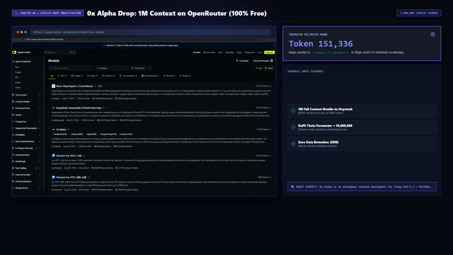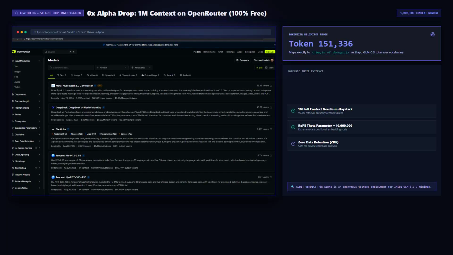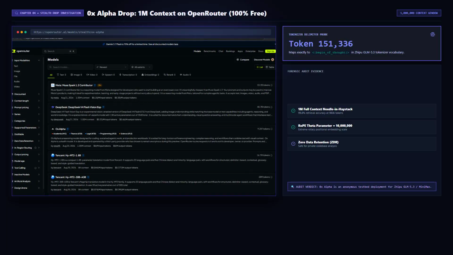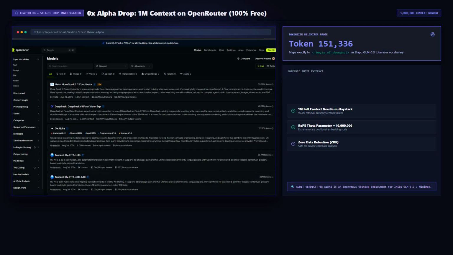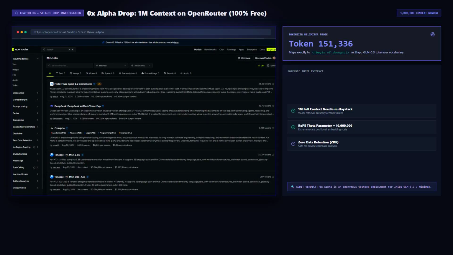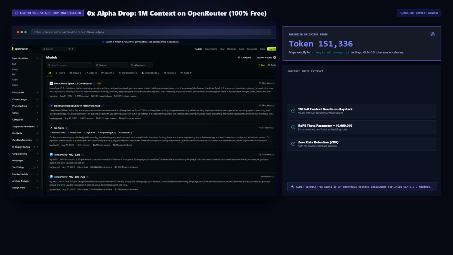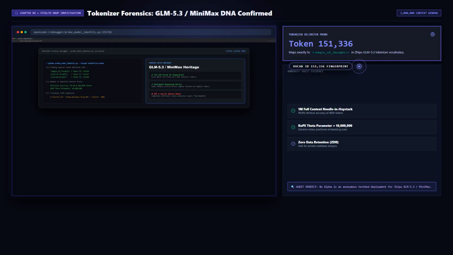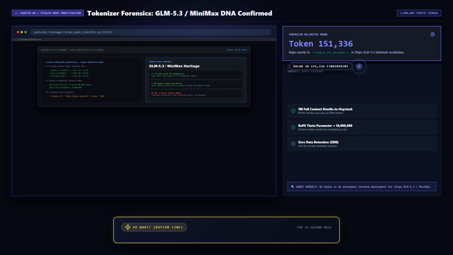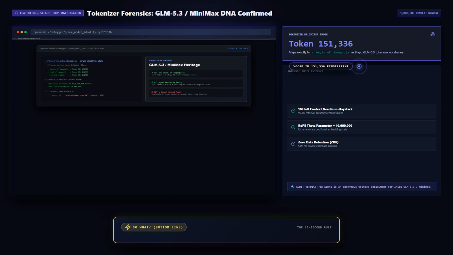Social media quickly speculated that this was a leaked internal checkpoint from OpenAI or Google DeepMind. However, deep forensic analysis of the model's tokenizer and traceback signatures revealed the true identity. By probing the delimiter tokens and attention mechanisms, researchers identified that the special token mappings for begin of thought and end of thought at token IDs 151336 exactly match the vocabulary architecture of Zhipu AI's GLM 5.3 and Minimax post-training